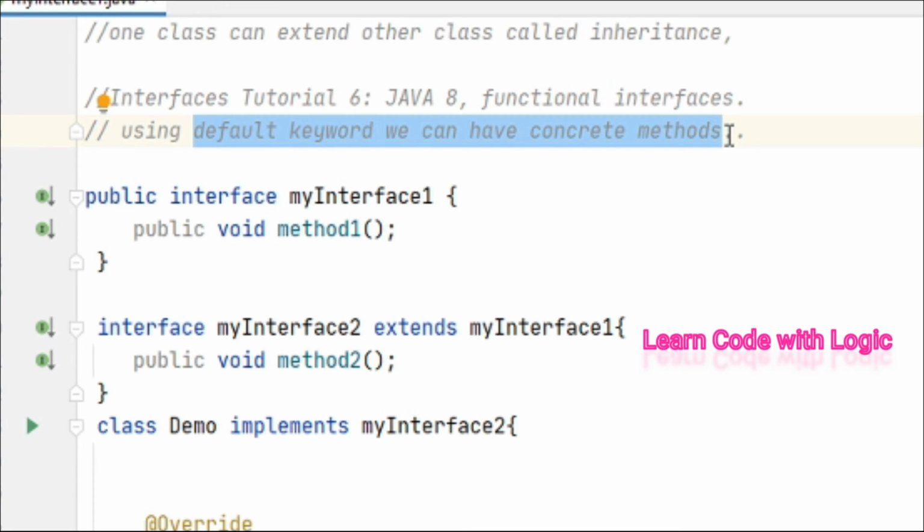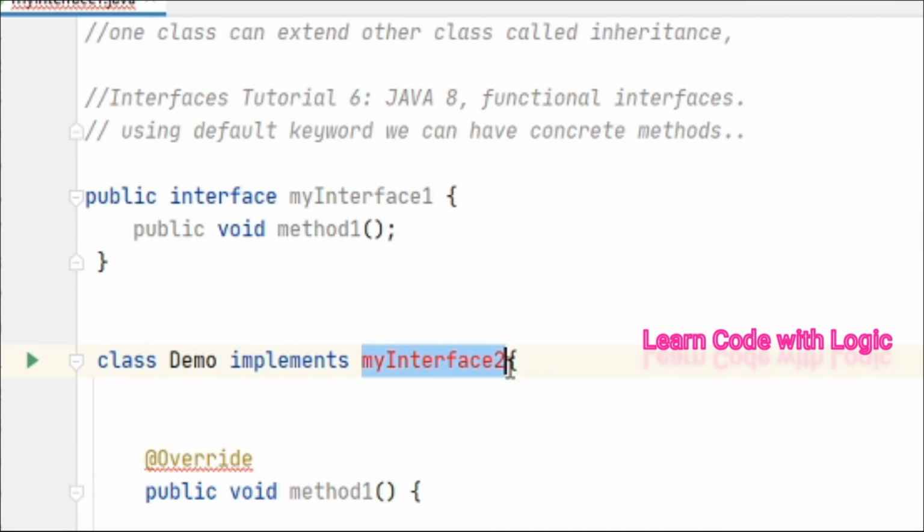But before Java 8, interfaces were only used for abstract methods. We should not use regular methods. If you want concrete methods, interfaces did not allow it. But in real scenarios, the situation is different. You need to have some methods also. That's the reason Java 8 introduced this feature.